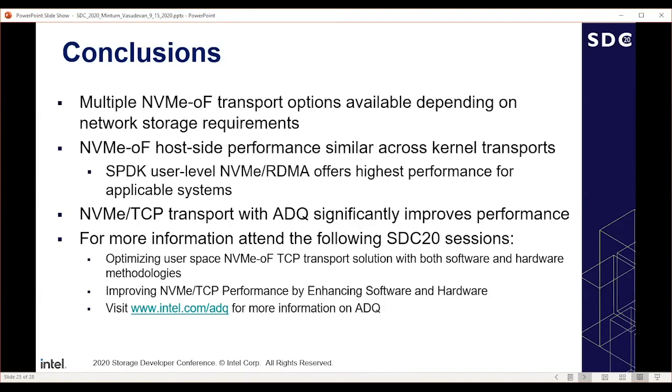Then we talked about the NVMe over TCP transport with ADQ, and you can see that for TCP, when you have ADQ enabled, you see a significant improvement in performance, both in terms of throughput and in terms of average latency, and also in terms of predictability, as we showed in the chart just before this one. So if you want to know more information, there are a few other related sessions where you can actually get a deeper dive into some of these